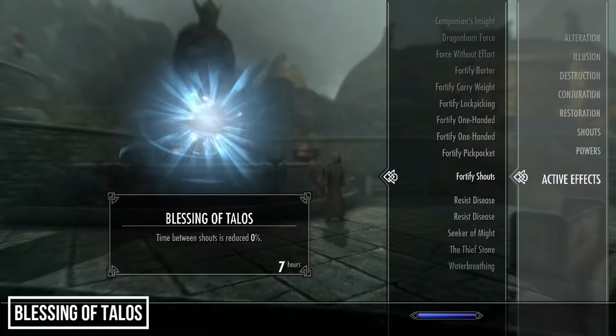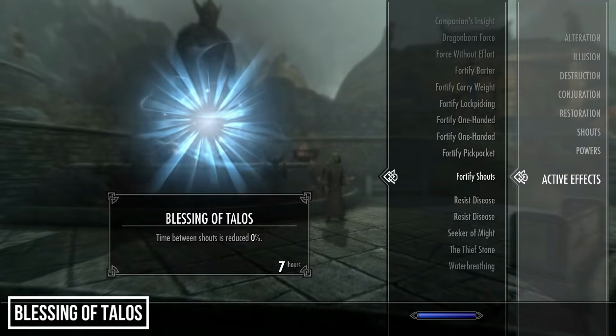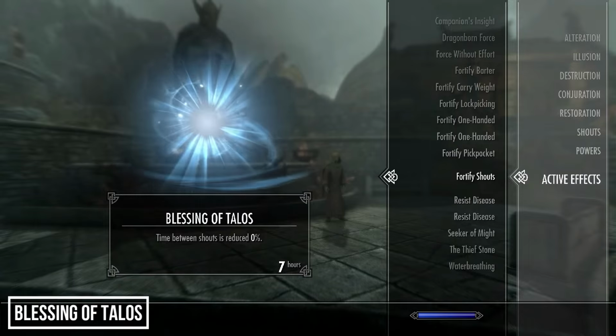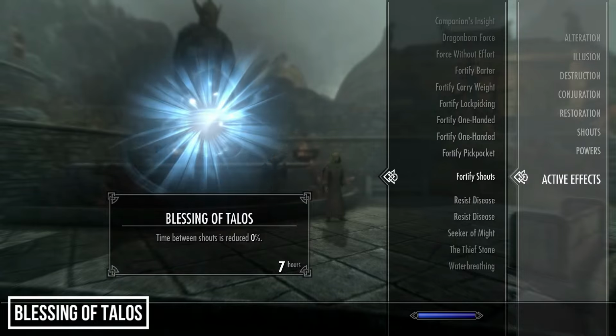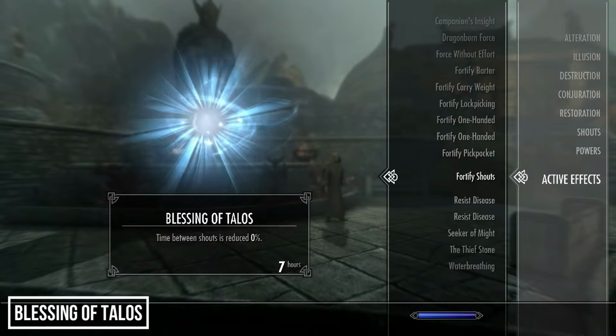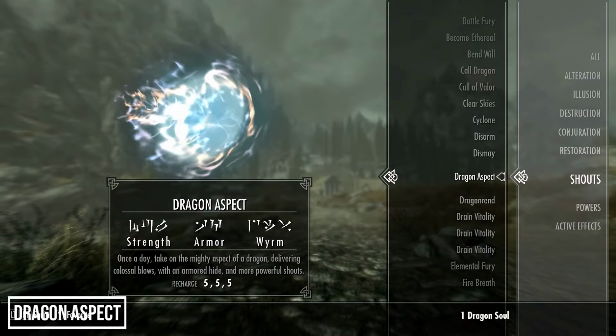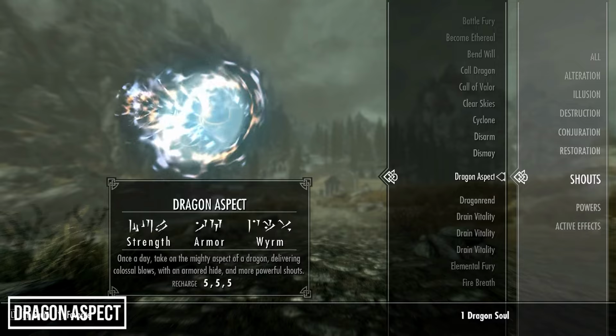If you don't have the unofficial patch installed, it will say 0%, but don't worry, this is just an error. The game calculates the shout cooldown in decimals, so 0.2, however it displays it for some reason in percent, so 0.2 becomes 0%. Next, complete the Dragonborn questline on Solstheim and collect all 3 words of the Dragon Aspect shout,